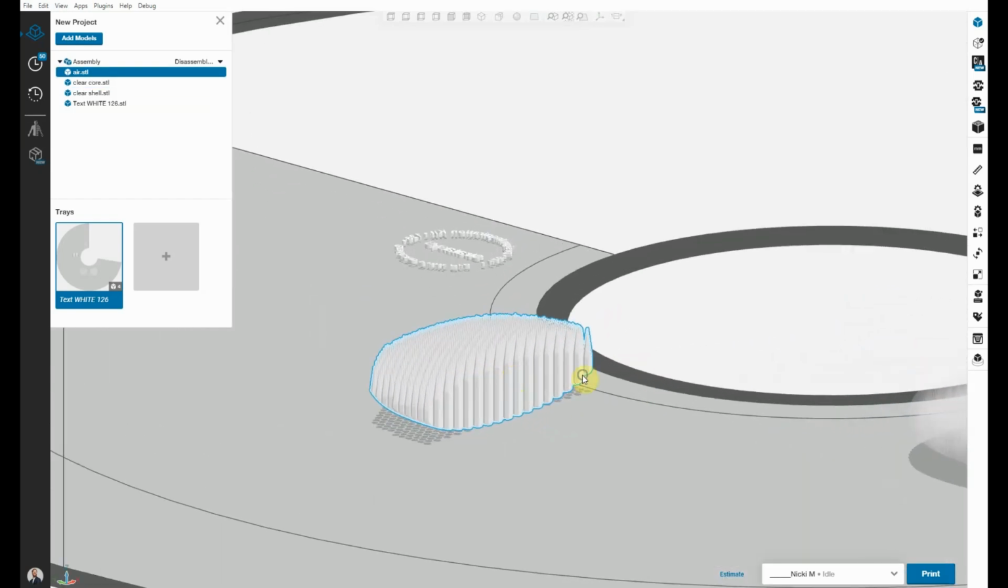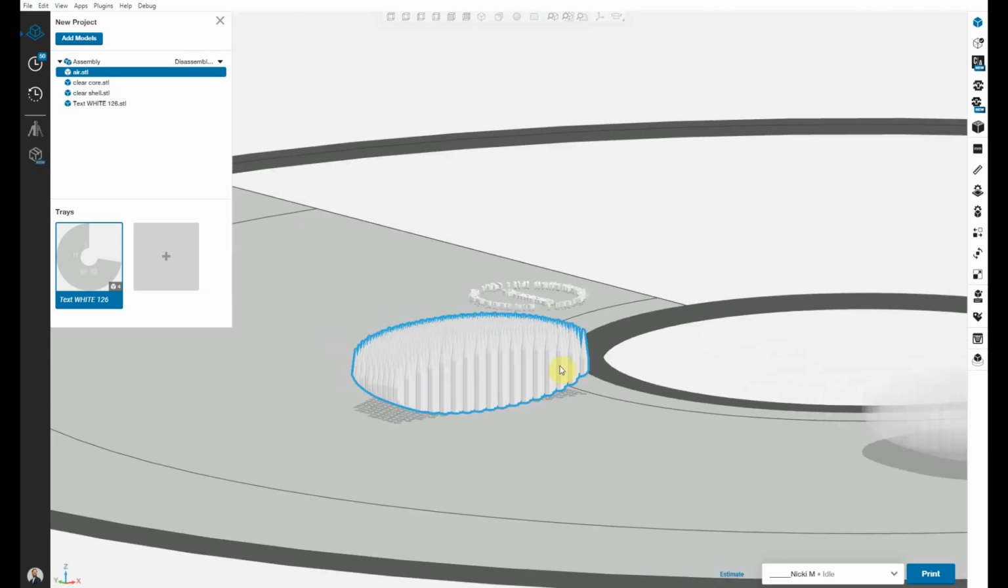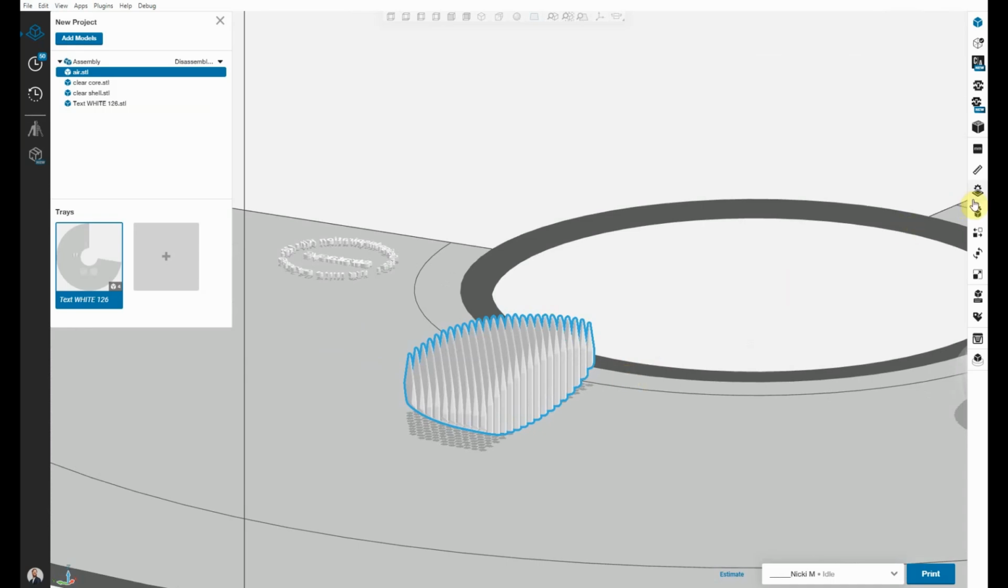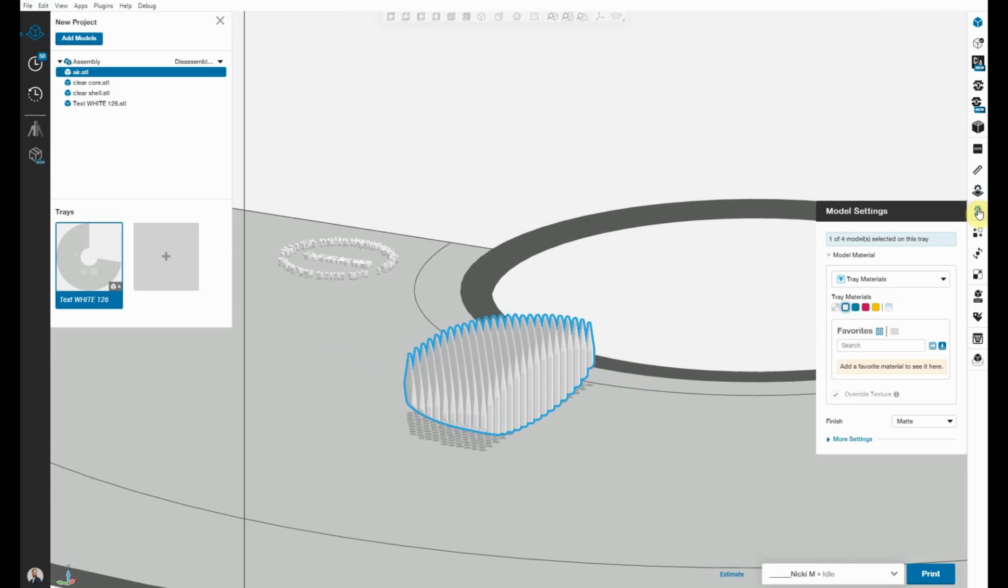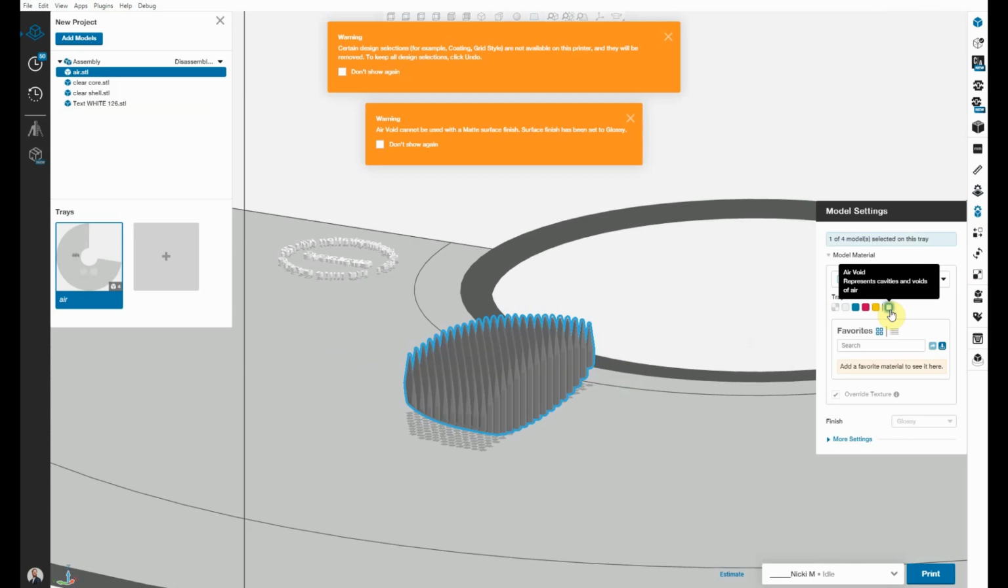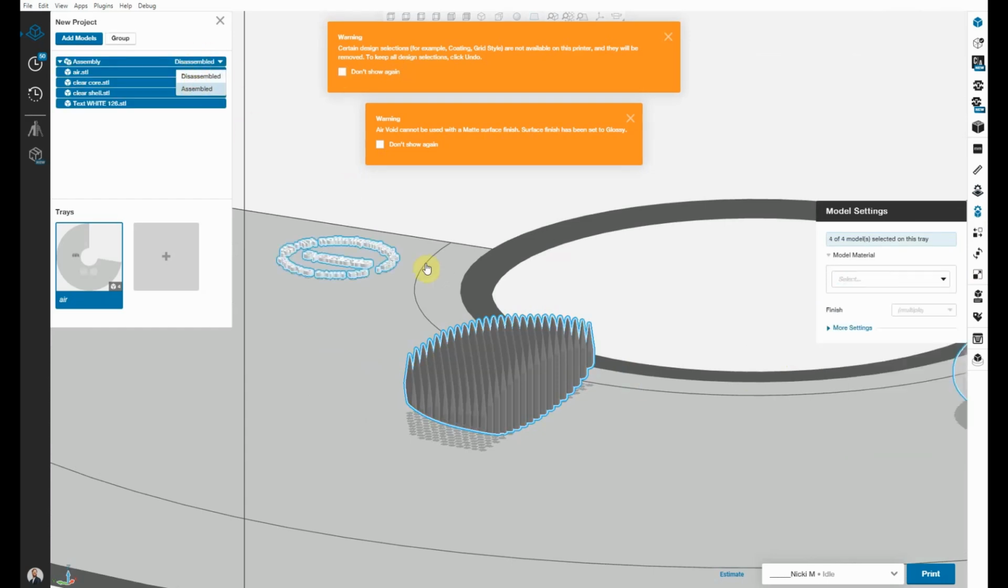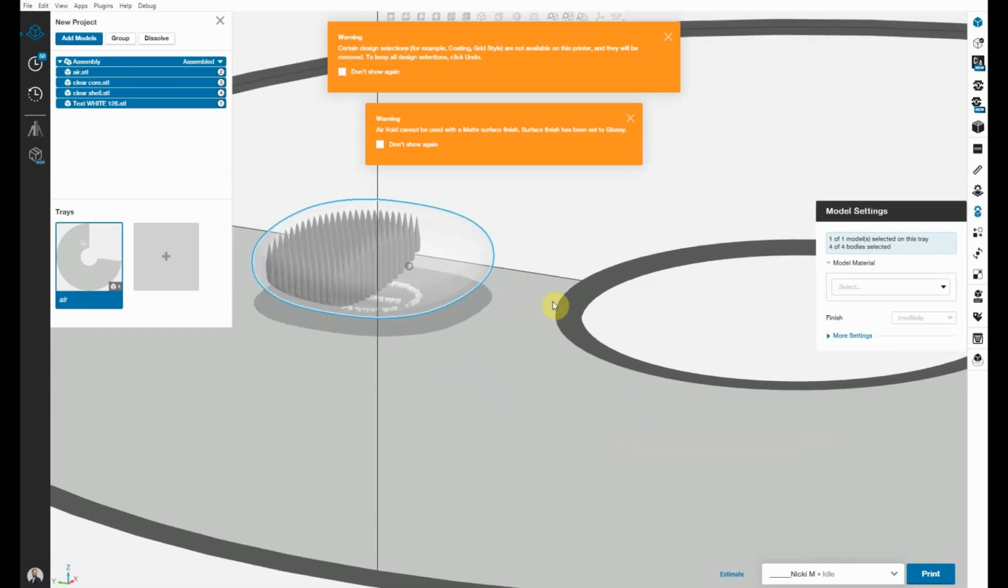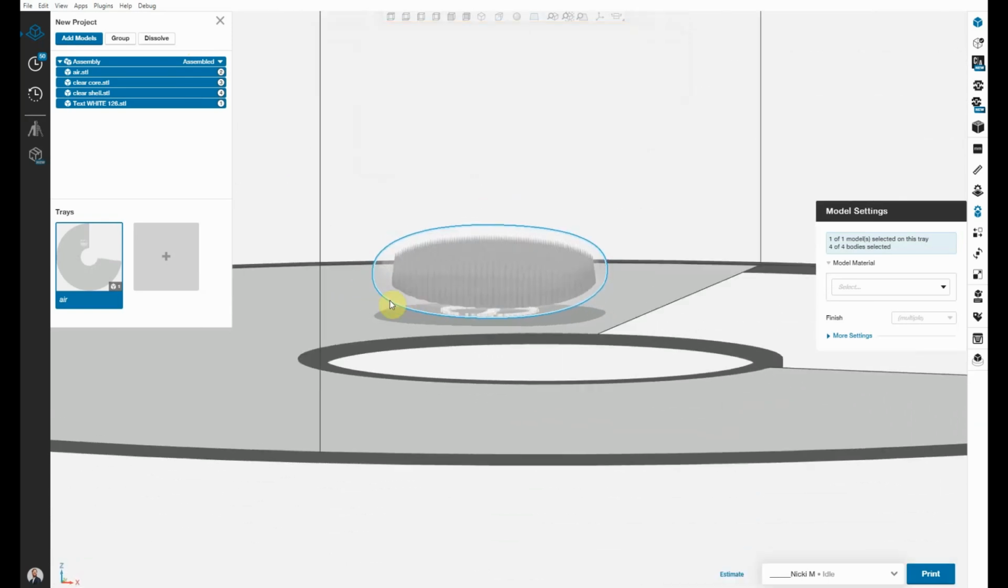So in order to override that, I have this separate geometry to which I'm going to assign air. So I'm going to go to Model Settings, and right there at the end we have air that I can assign as a material to this body. If I go back and reassemble this model, we've got the air material assigned, and we will not have support